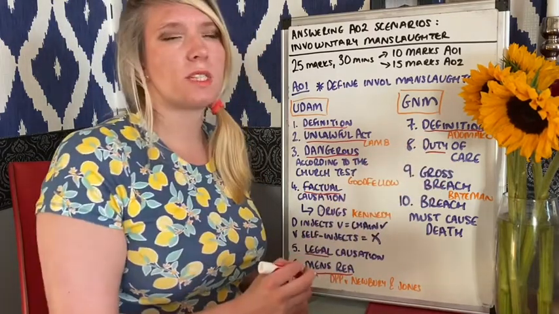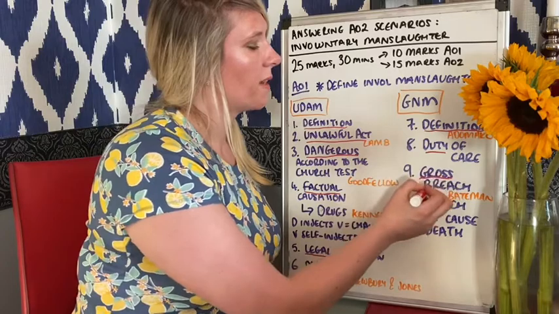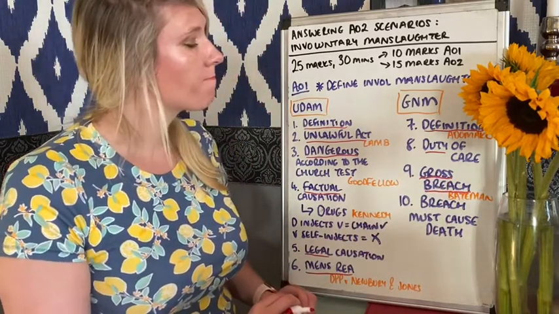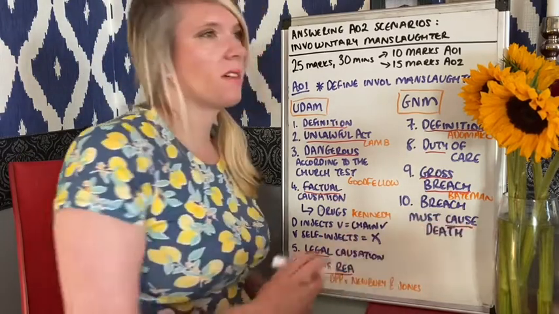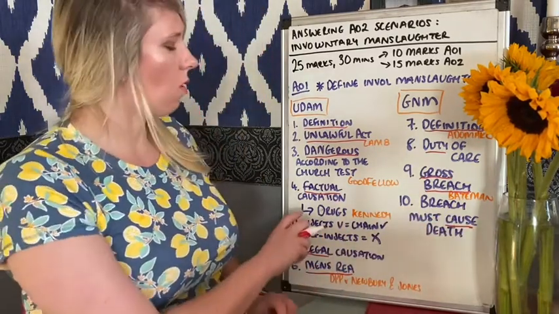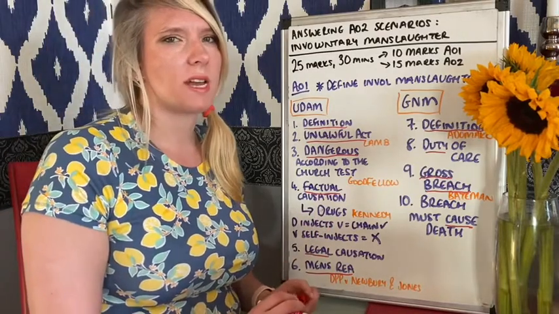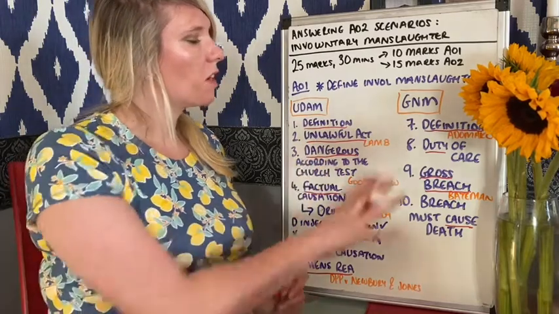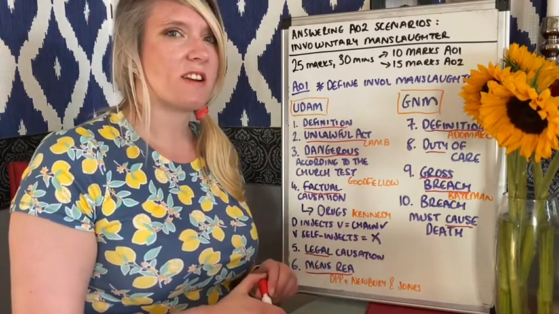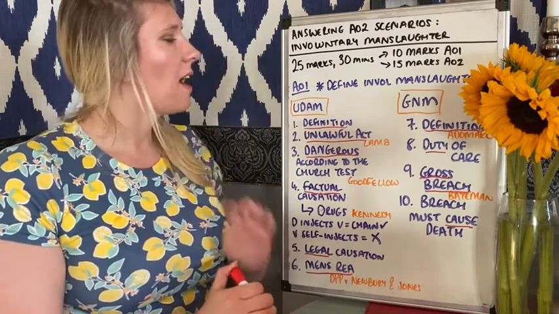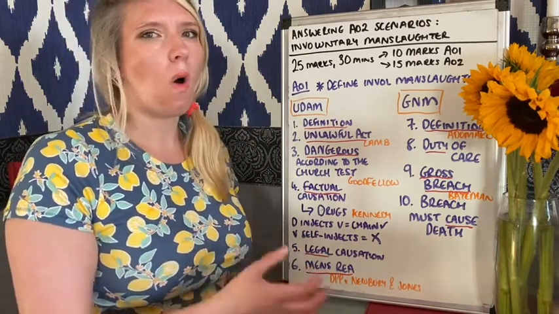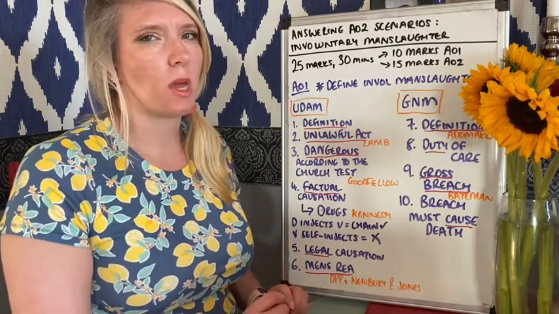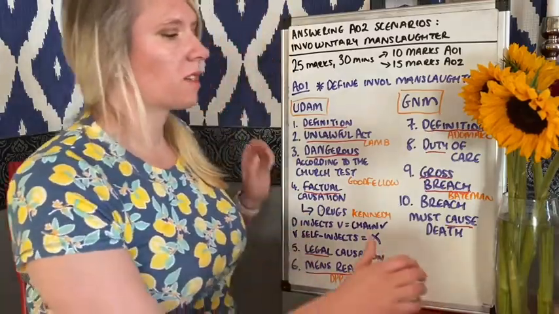We need a duty of care. We need a gross breach, and that's decided based on the facts by the jury, and it must cause death. Now, there is no need to repeat all of the rules of causation because we've already explained them for unlawful act manslaughter. Now, the concepts here on this board are kind of generic, so you could memorize these and evaluate them in an essay or repeat them for a scenario, and you would just change the AO2. So the AO2 that we need to discuss,